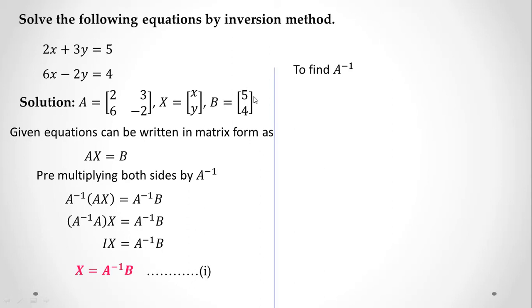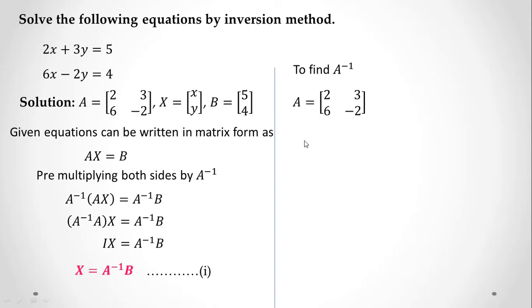In elementary transformations you can use row transformations as well as column transformations, or you can use the adjoint method also. Here I have used the adjoint method. If you use the adjoint method, then we have to find the minors and cofactors of the elements of this matrix. Remember, you can prefer any method here to get the inverse of the matrix.